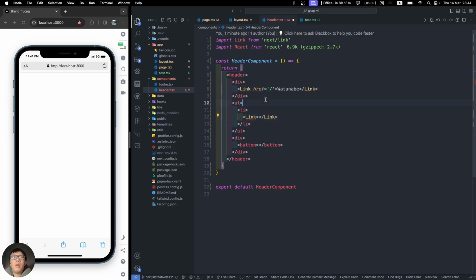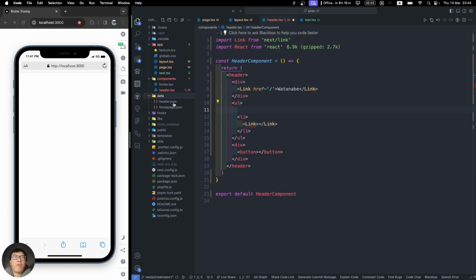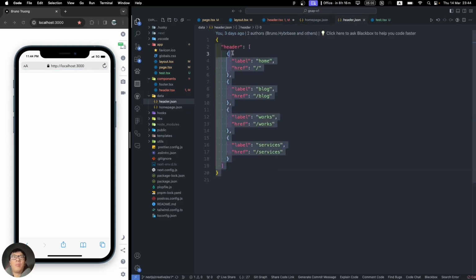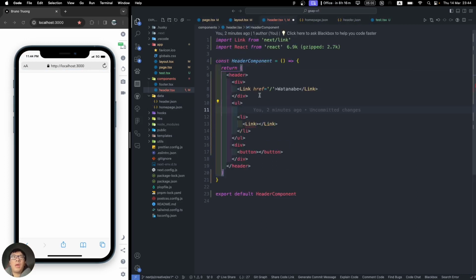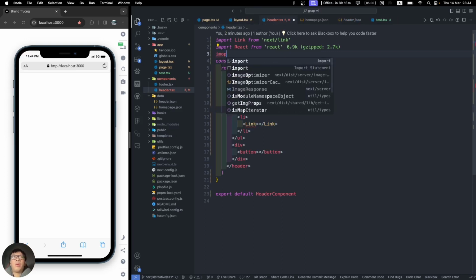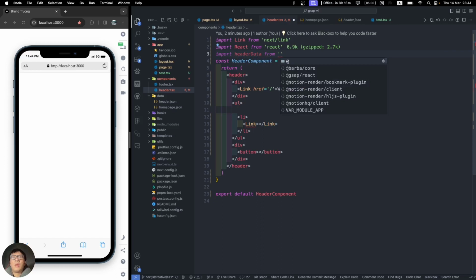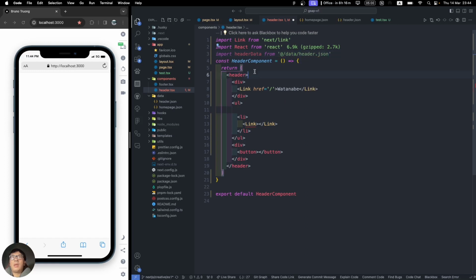Okay, remember in the previous video we have the data header.json, in which we have a couple of mock data, as you can see here. Basically we can also fetch it in here. You can do this: import header data from data header. Okay, so here we have this header data, right? So in here we are going to put header data dot header dot map,